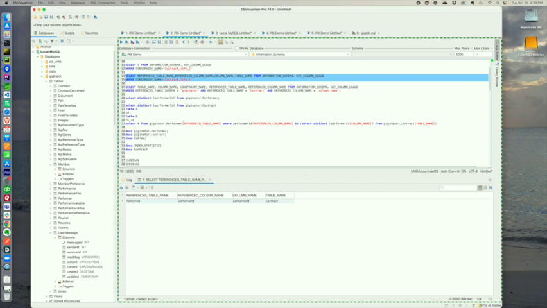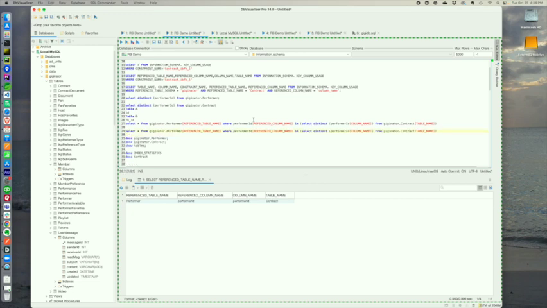So we're going to take performer, which we got from the referenced table name, where performer ID, which is the column name, is in, and then we're going to do select distinct column name from the parent. So if I take that and get rid of those, just to show you in this case,